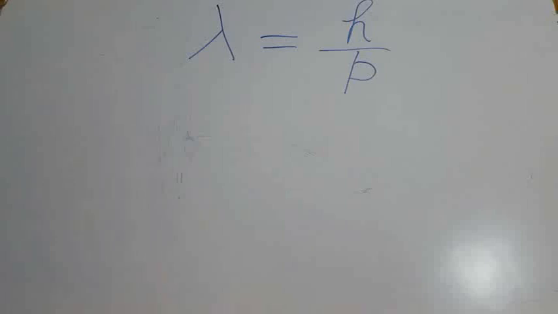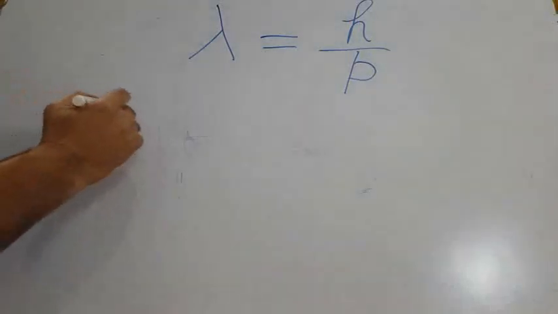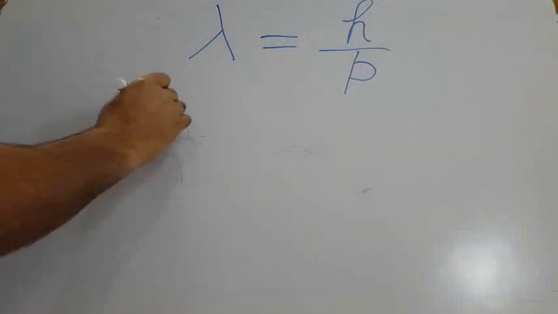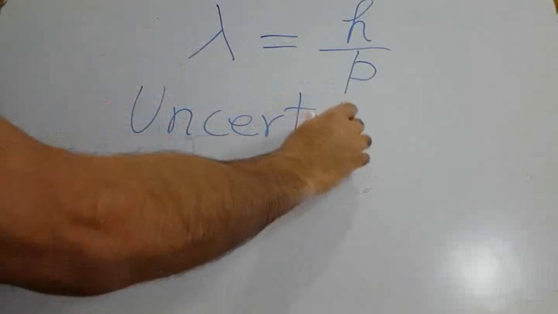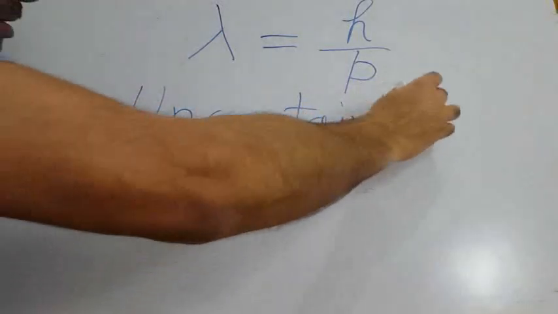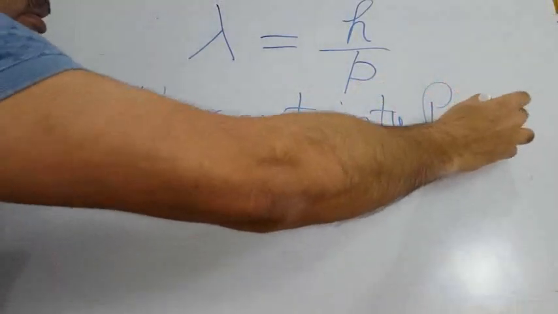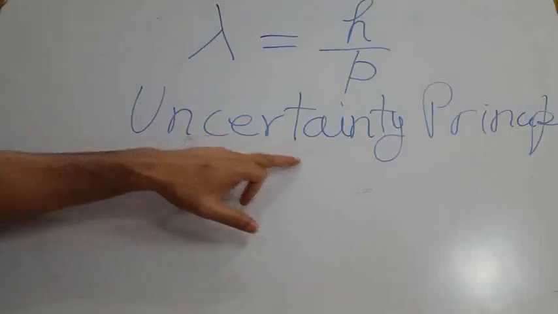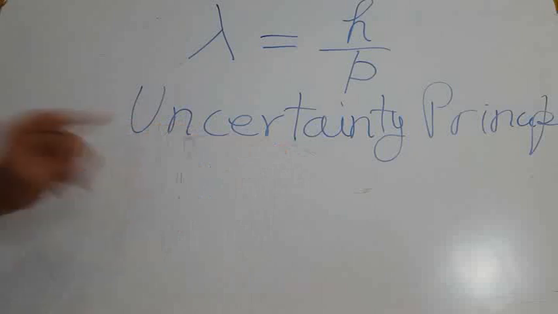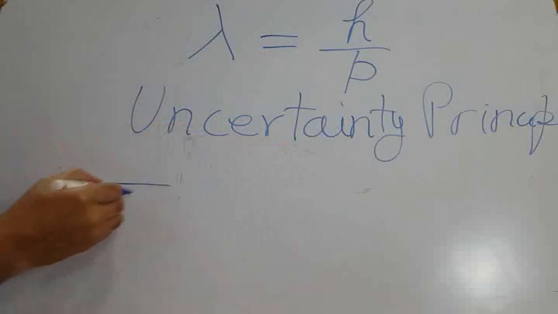Second postulate, another important one that also contributed in development of the quantum mechanics, was uncertainty principle. This principle was given by Heisenberg. That is why it is called Heisenberg uncertainty principle. According to this principle,